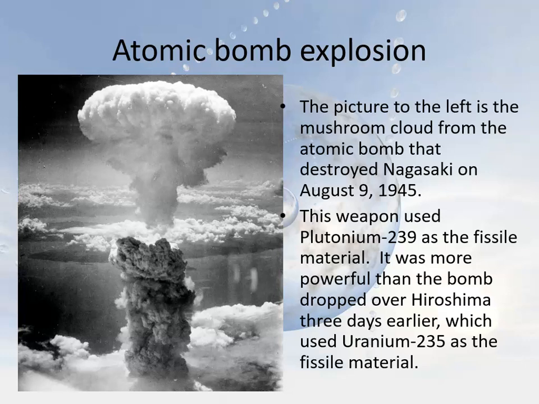But another way of doing it is with plutonium-239. You can fire a neutron at plutonium-239, and that makes it unstable plutonium-240. That splits apart into lighter products as well as extra neutrons, and then that continues in another chain reaction of the same type of thing. So that's what was used on Nagasaki on August 9th of 1945, and what eventually convinced the Japanese generals, who were the ones actually in charge, to surrender. The Emperor Hirohito apparently had been wanting to surrender for a very long time, but he didn't really have much of a say in things back then. But in any case, this can create a very large amount of energy and a very devastating explosion.